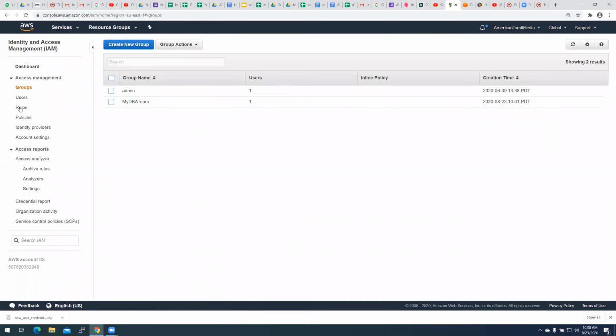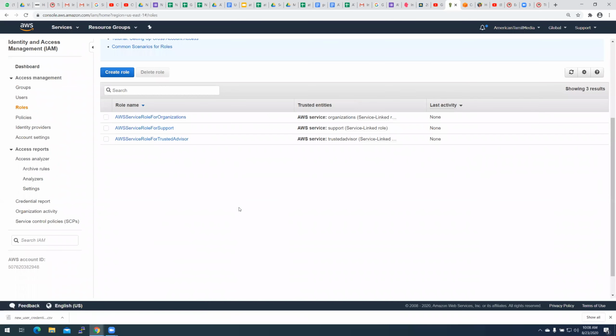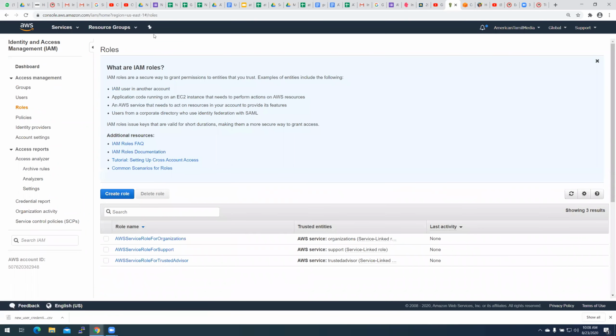Okay, before that, let's see what is in the role. So the role is to grant permission to the entities. It can be users or it can be other resources.